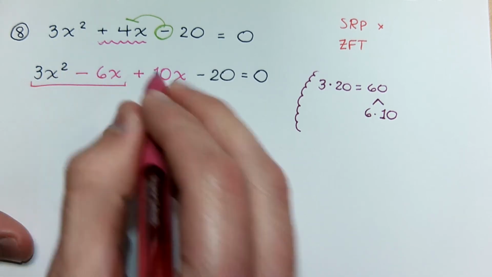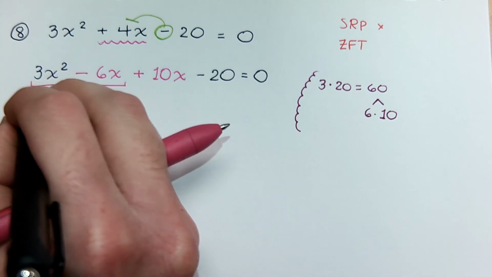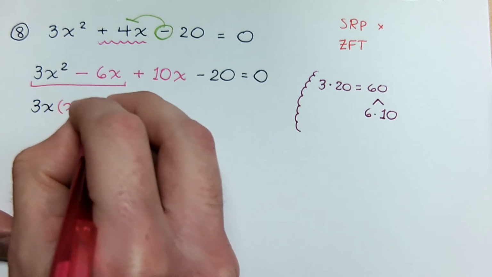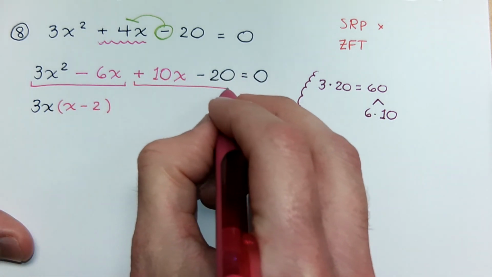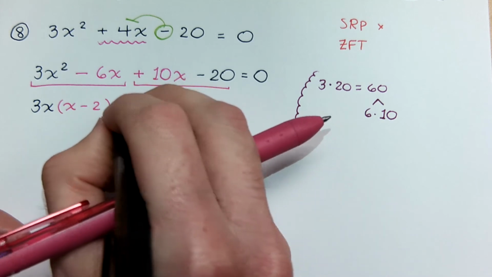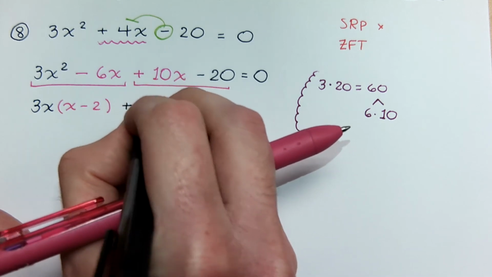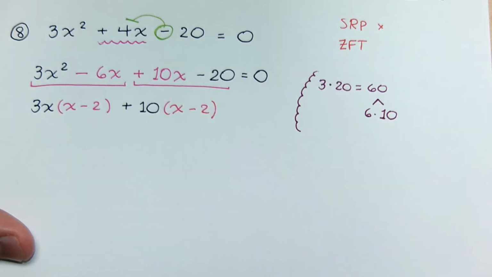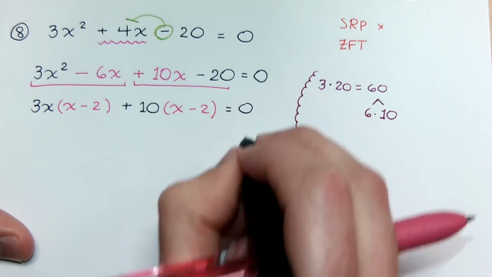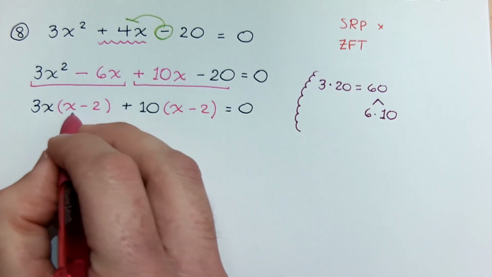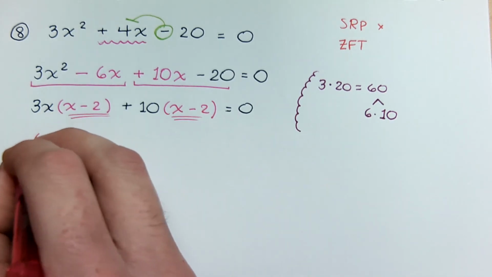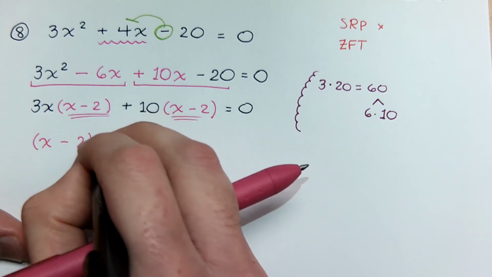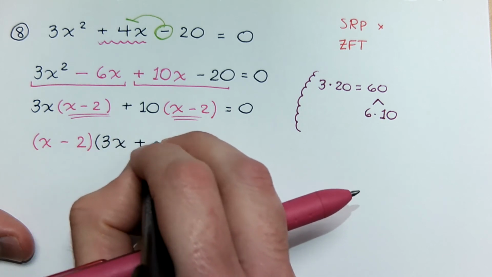So in this first group, my common factor between these two terms is 3x, and I'm left with x minus 2. In the second group, the common factor is positive 10, and when I factor that out, I have x minus 2. So we'll finish the factoring by grouping. These guys are the same, so that's my common factor I'll pull out front, x minus 2 times 3x plus 10